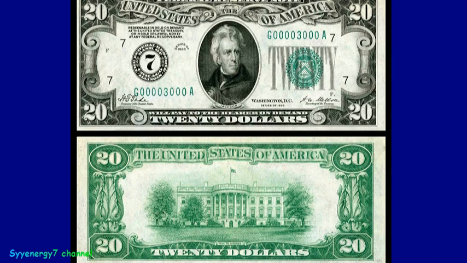But if you look at this timeline, 1928, Andrew Jackson's put on the bill. Andrew Jackson. Why would the Federal Reserve, U.S. Treasury, put Andrew Jackson on a fiat note like this? Why would they do that? It's almost like an affront to him. He was against this. Why would they put him on there? Why choose him? Why him?